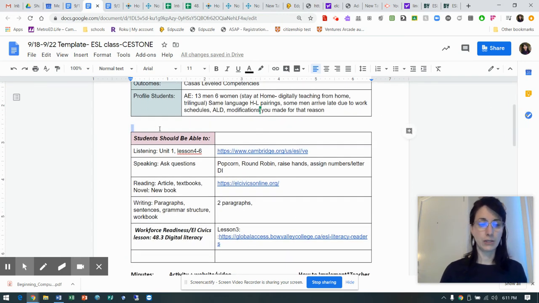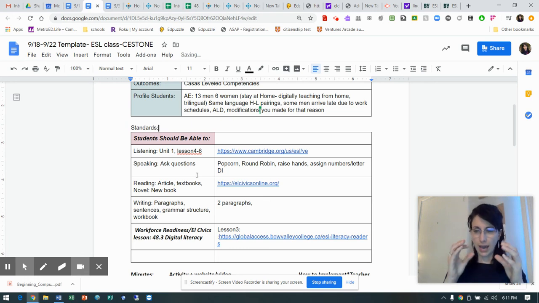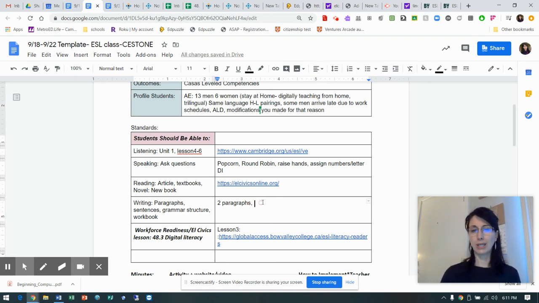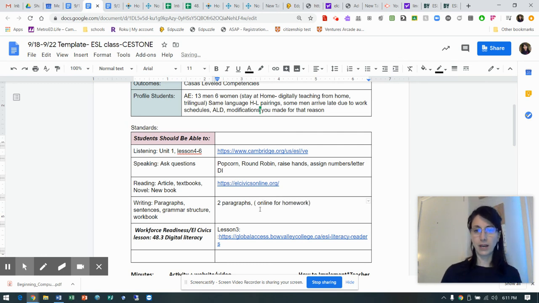These are standards, and it breaks down a little bit more into some more specifics on what I'm teaching and how I'm going to piece that apart, right? Listening, speaking, reading, and writing, right? So if you're giving them the writing piece and we're really not focusing on that in our Zoom lesson or in our face-to-face lesson, you can say this is going to be done online for homework. That's possible.